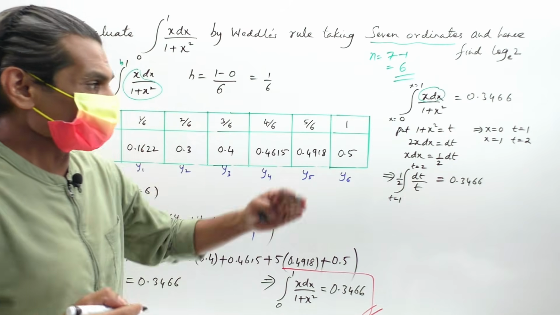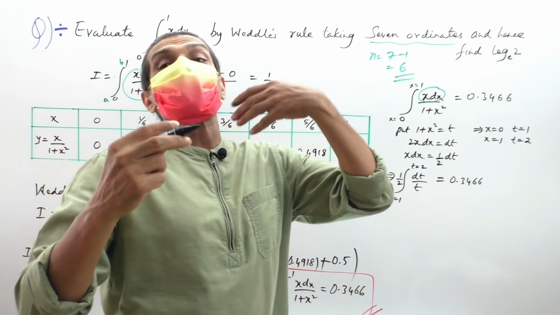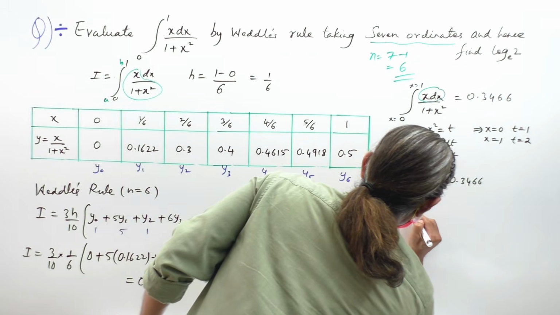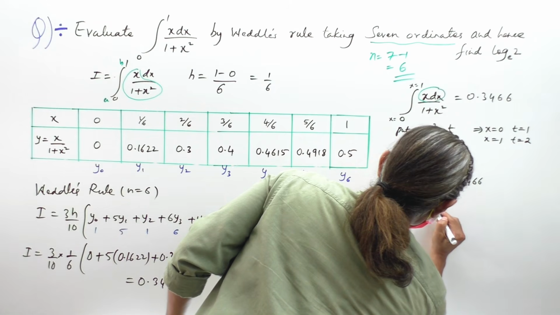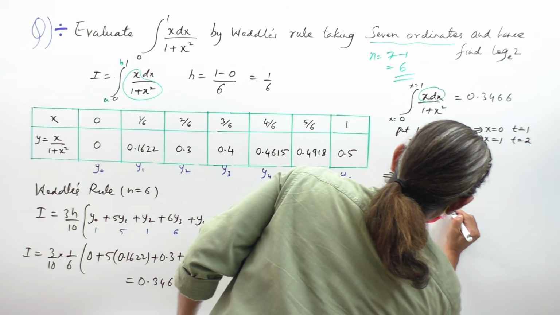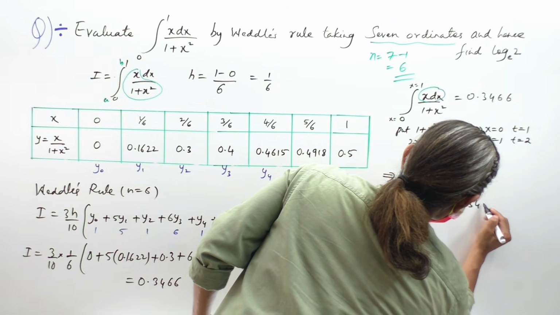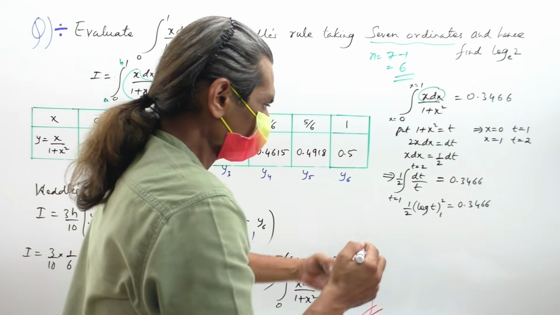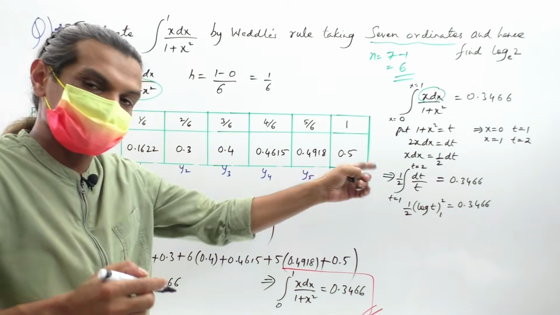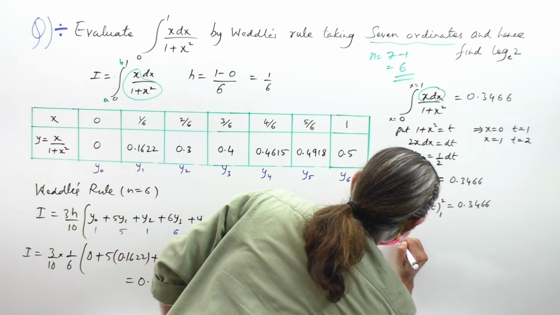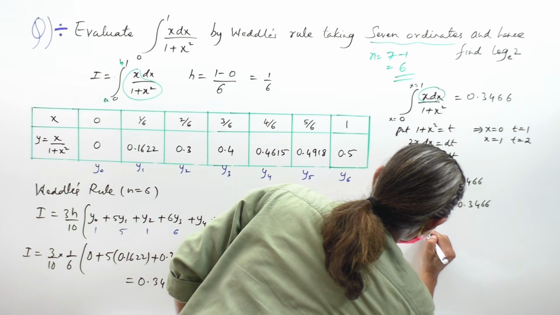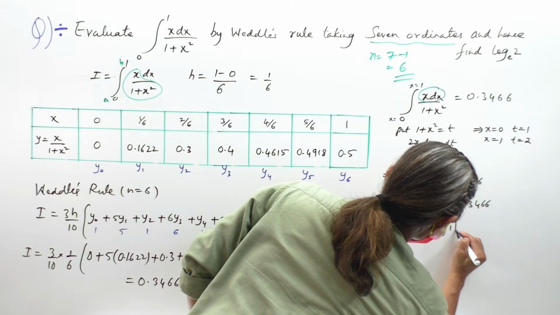Now let's integrate. What is integration 1 by t? Integration 1 over t is log of t. So we have 1 by 2 log of t, limits 1 to 2, is equal to 0.3466. Now the top limit is 2 and bottom is 1. So we put 1 by 2 log 2 minus log 1